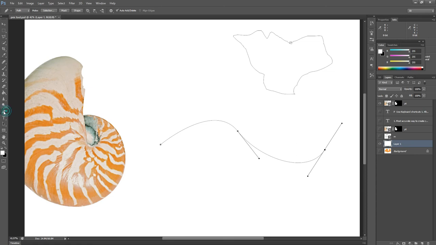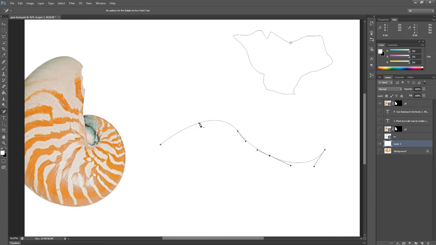Also we have the option of Add Anchor Point, so go to Add Anchor Point and just click here to add an anchor point. Why do we create the anchor point? It's just because we want to change the shapes from here, so we create the anchor point. So this is the anchor point, or when again we want to add an anchor point here, we add the anchor points. Just go to the next, that's the Delete Anchor Point.